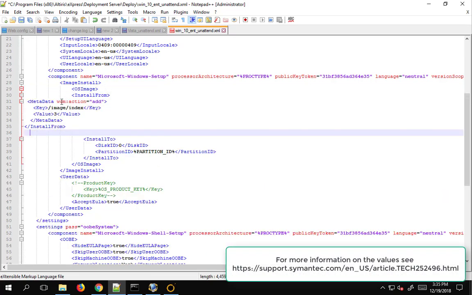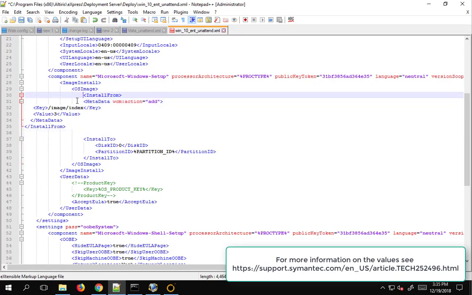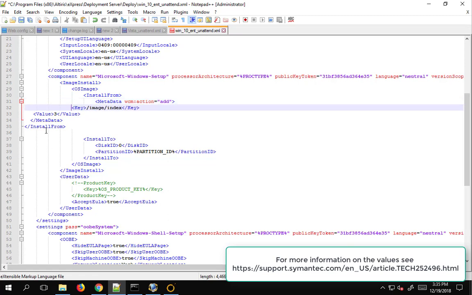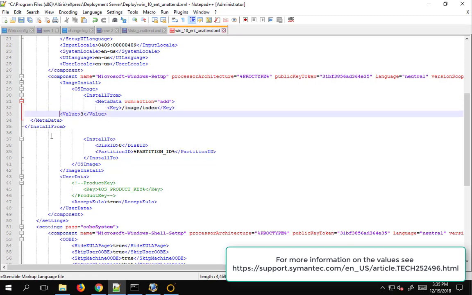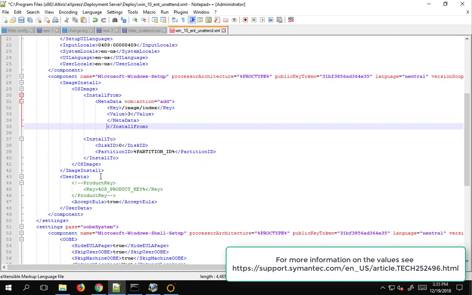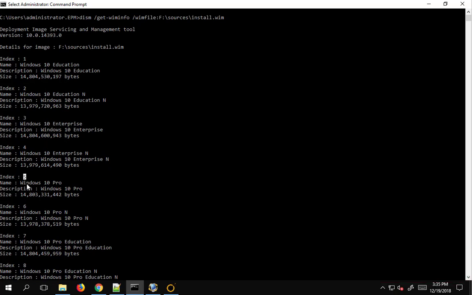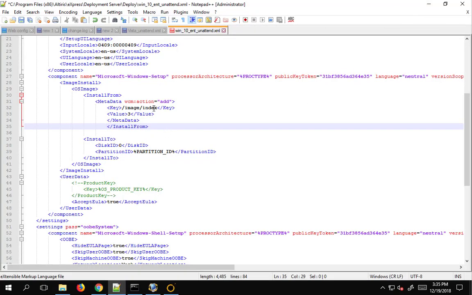I need to add the install from. I don't think that the spacing matters, but I like to have it for viewability. Because mine was value 3, I'm going to go ahead and put it as 3. That information comes from the index information, which is my index number here. If I was trying to do a Pro build, I would want to use index 5 and then make sure that my serial number matched the serial number for this version. So we'll go ahead and save that